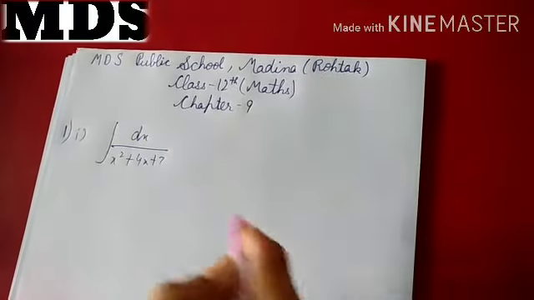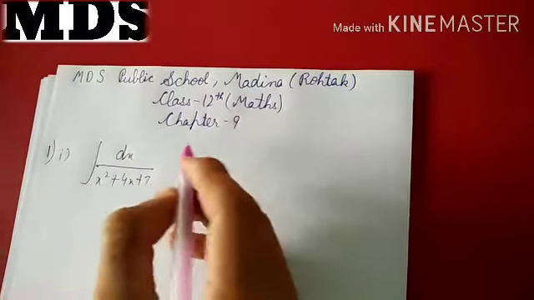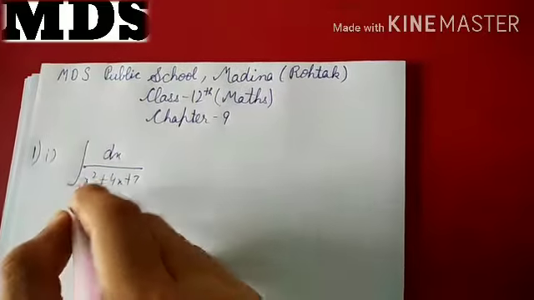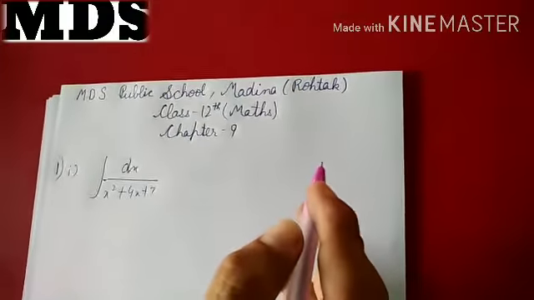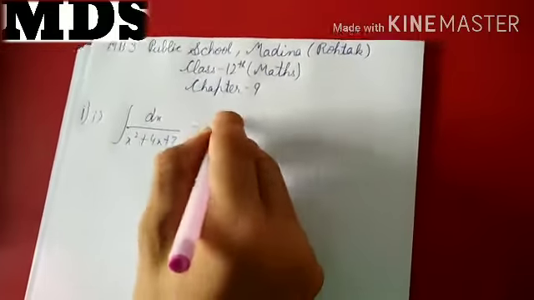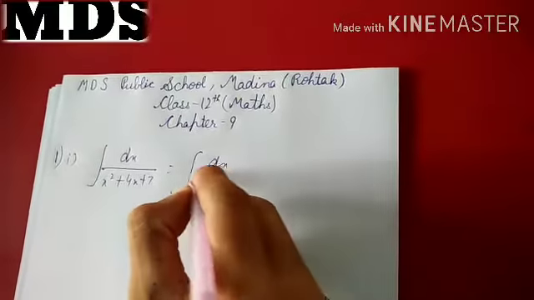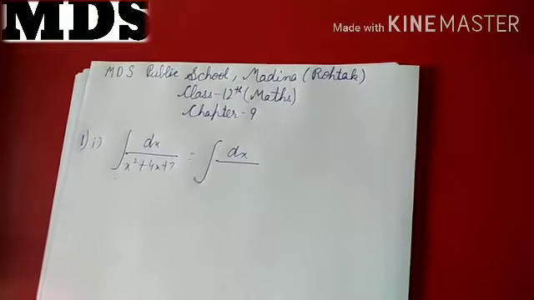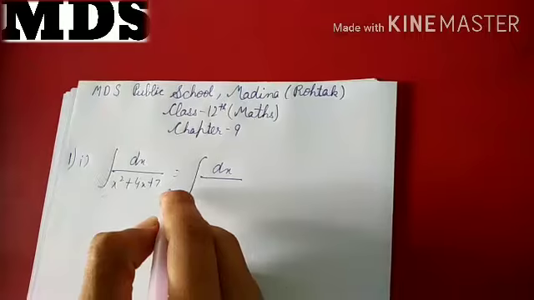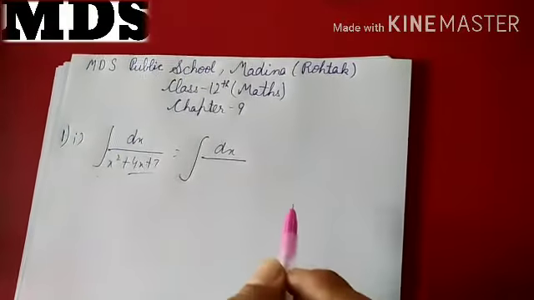Okay, so in this case, what we have to do? First of all, we'll make the coefficient of x square as 1. We have to do this first step. But here already they have given us 1. So half of our work is over. Okay. Now what was our next step? Our next step was to add and subtract the square of half of the coefficient of x.